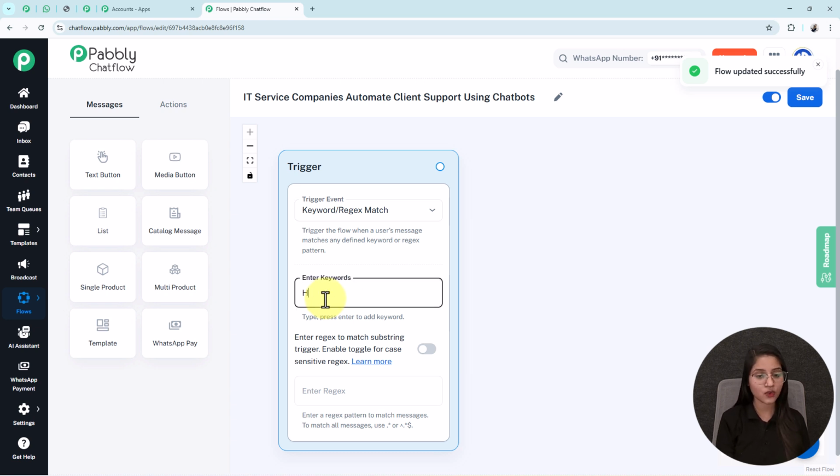As I am creating this flow with the help of keywords, the first keyword I am entering in this enter keywords box is hi. After writing the keyword, you have to press enter so that it will add it to the list. Now I am adding one more keyword here as hello. These are the most expected keywords my user will send to my WhatsApp business account. Whenever my user sends any of these keywords to my WhatsApp business account, my bot automatically gets triggered and replies to them by sending one welcome message on behalf of my business, just like